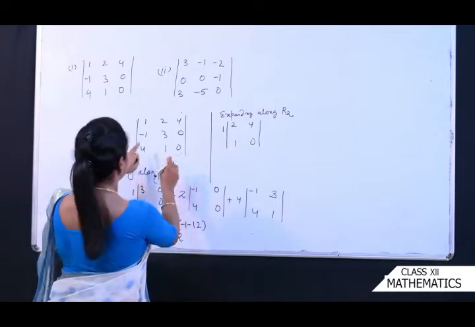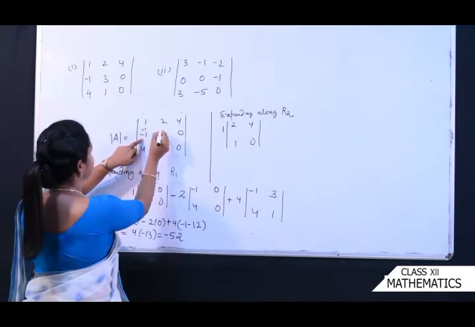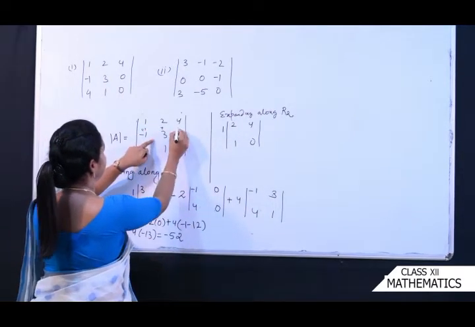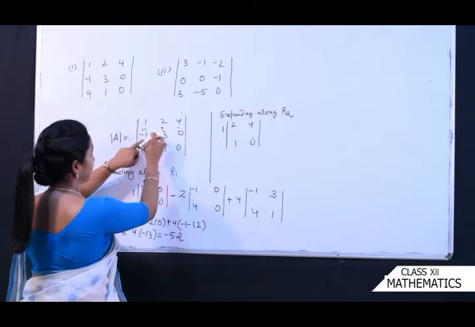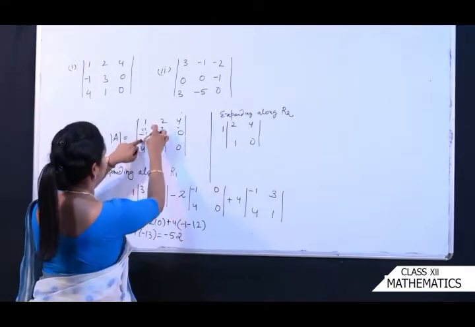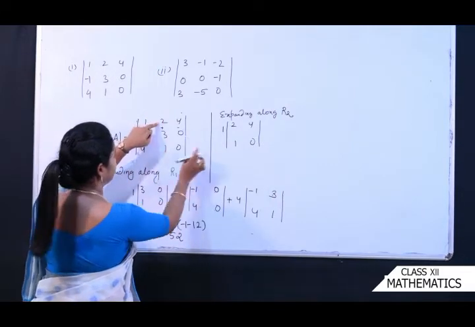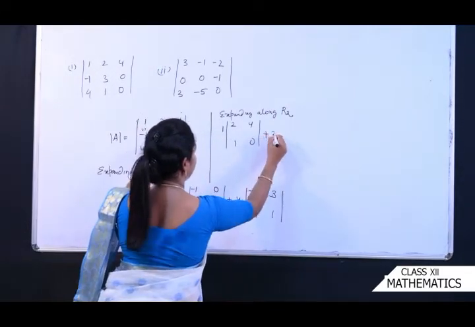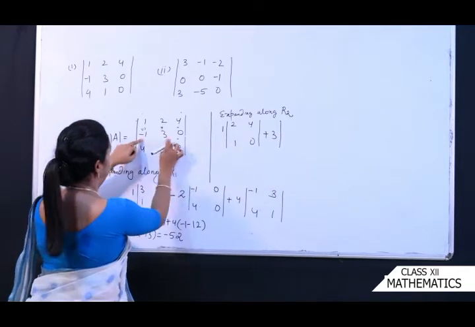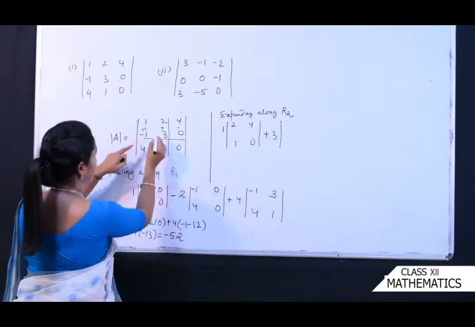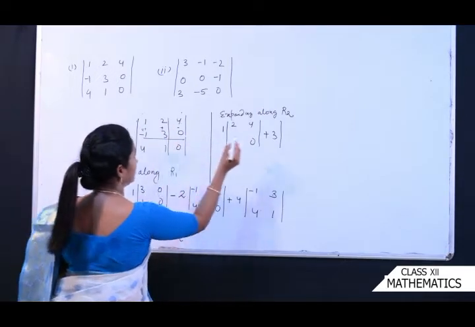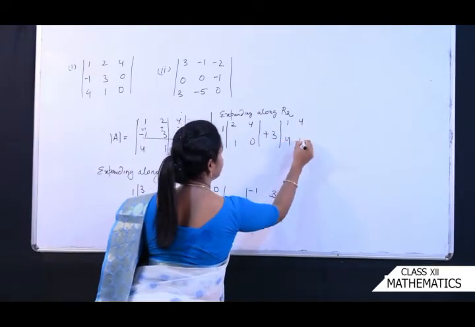Now see here. This is a minus sign, this is a plus sign and this is a minus sign. So -1 into, already minus, minus minus becomes plus. What is left out? Remove this and this, so 2 4 1 0. Here, +3 into, again this and this will go, this part and this part are gone. What is left is 1 4 4 0. So 1 4 4 0, right?